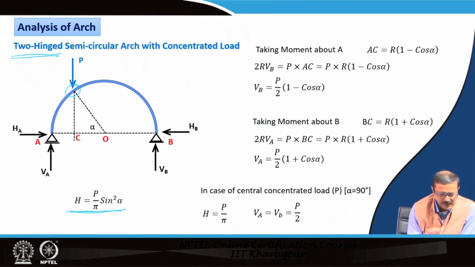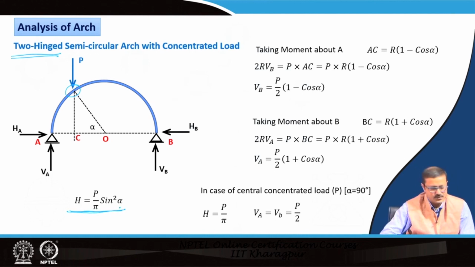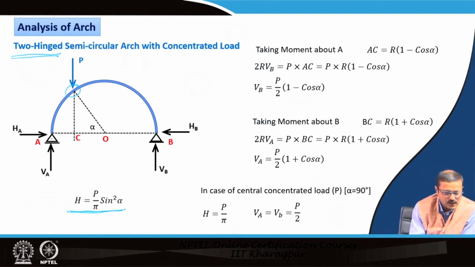The derivation of H is beyond our scope of discussion. So, let us assume that P by pi into sin square alpha is the horizontal reaction. It depends upon the angle alpha, and it depends upon P also. Because of this particular action of the load, I have computed the value of V A and the